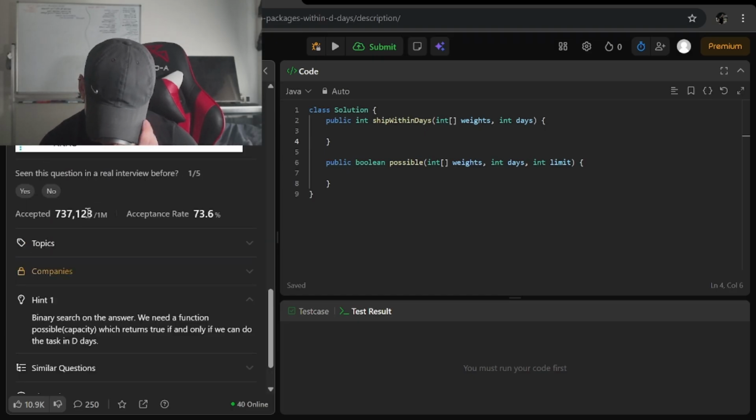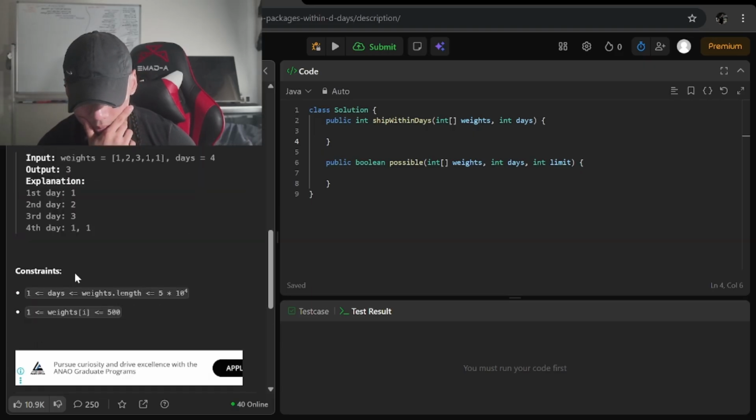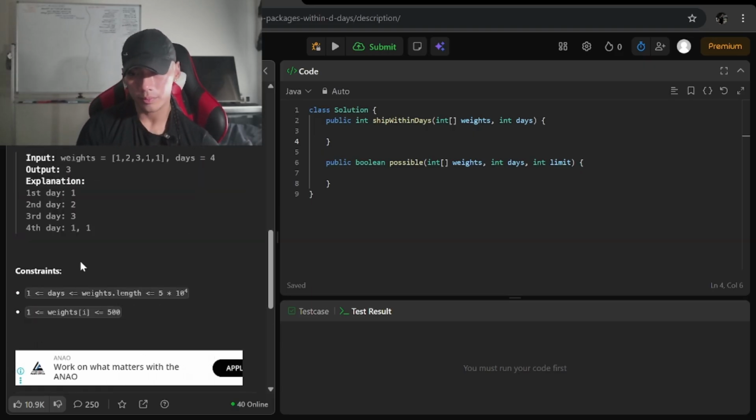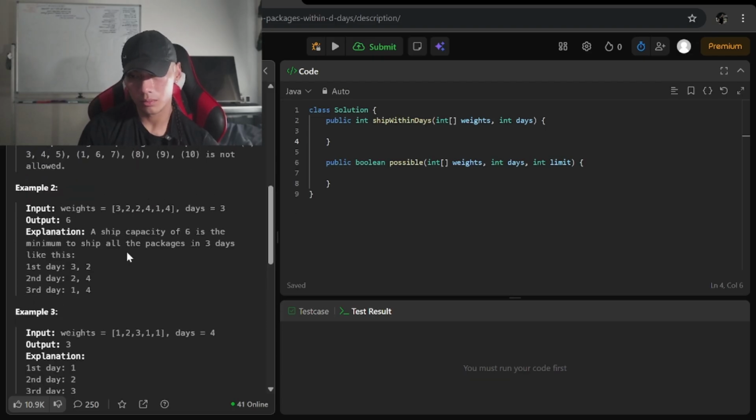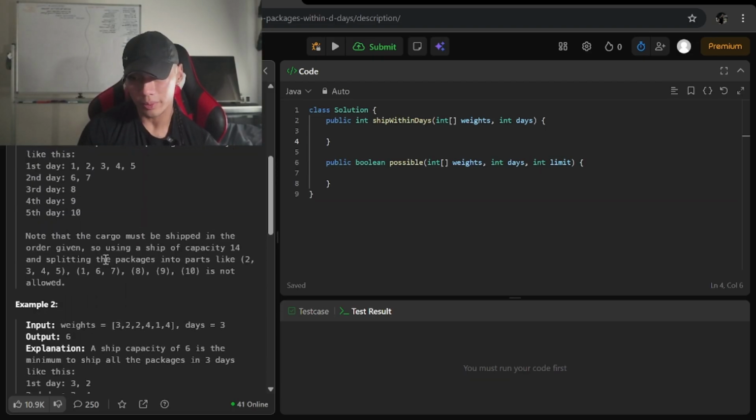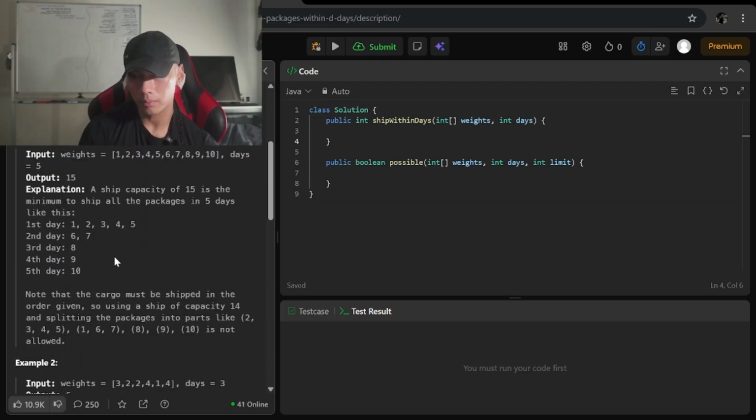And I don't really see why you'd binary search in the possible function, but maybe you do. We just want to find a capacity, the minimum capacity.